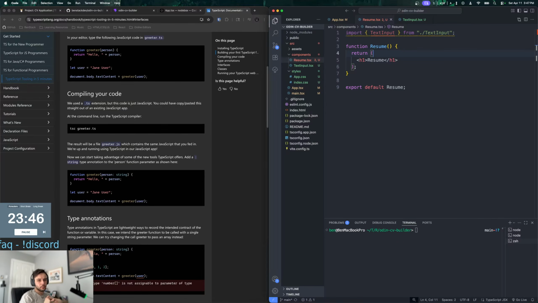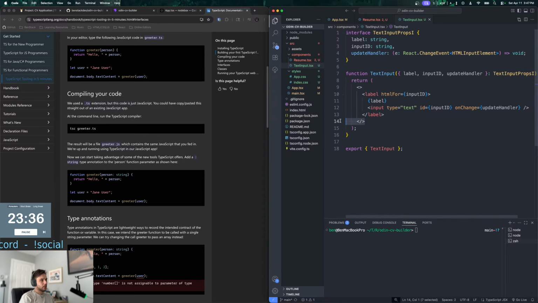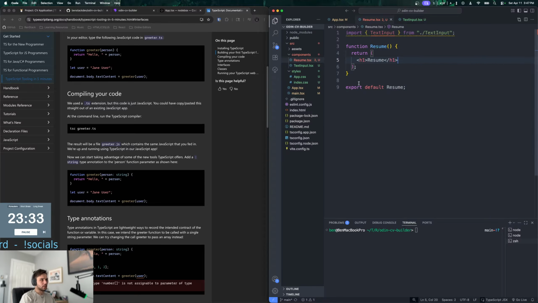The fragment was needed when you were importing text input in the resume file. Oh, I see. Yeah, I hear you. No, you're right. I'll leave it in here. It doesn't hurt. I'll actually wrap this in a fragment now, because you're right. The only thing is, do I even worry about that right now? Or could I just temporarily handle the state of the text input in the resume just for testing?